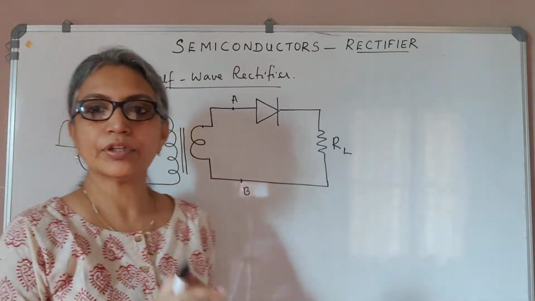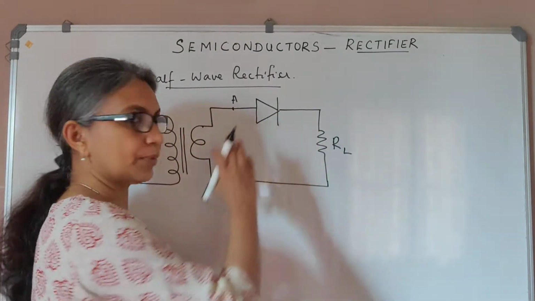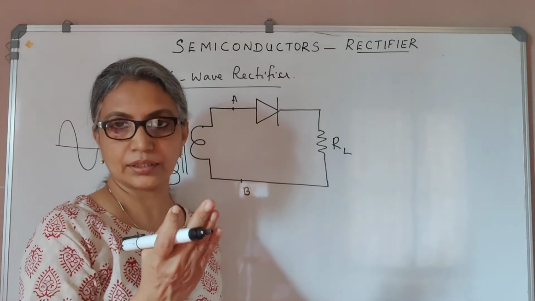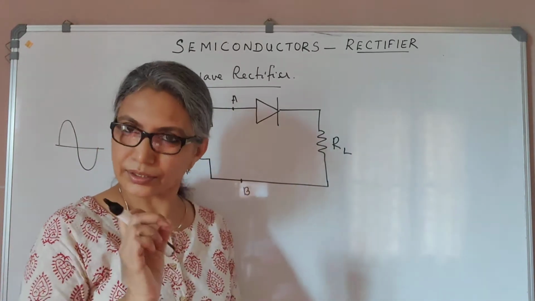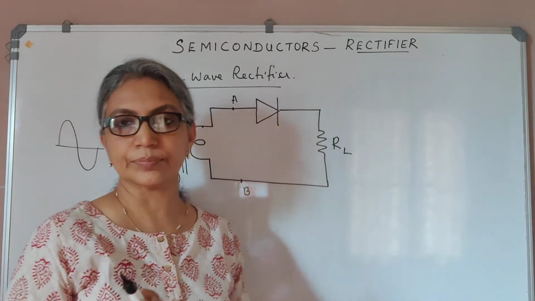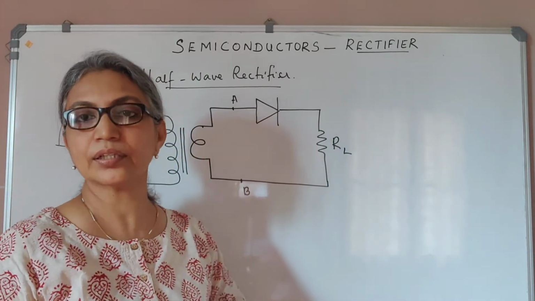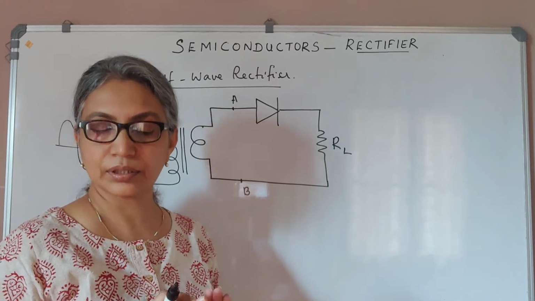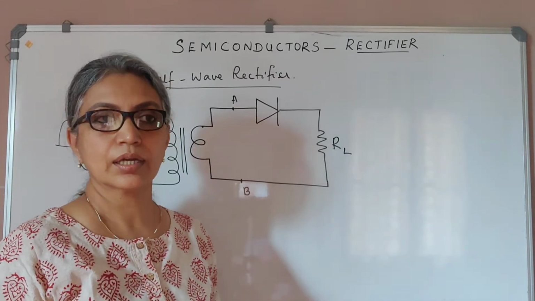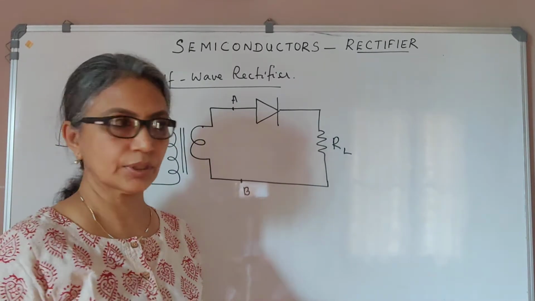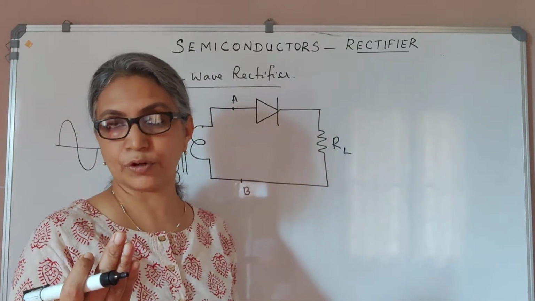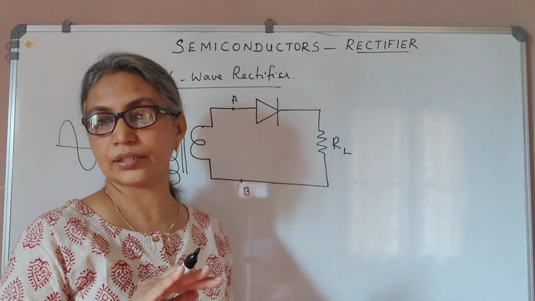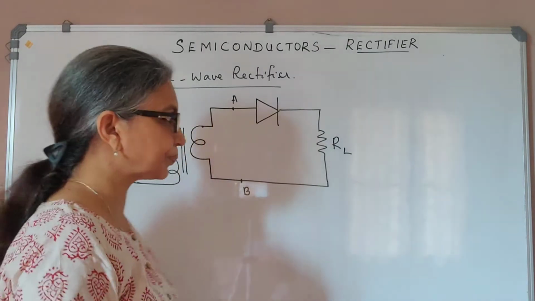So basically, whenever your diode is under forward bias, it conducts current, a large diffusion current. If it is under reverse bias, there is a small drift current which is negligible when compared to the diffusion current. So we say there is no current. That means the diode does not conduct under reverse bias. Okay. So this is the principle of a rectifier. A diode conducts under forward bias. Under reverse bias, a diode does not conduct current.